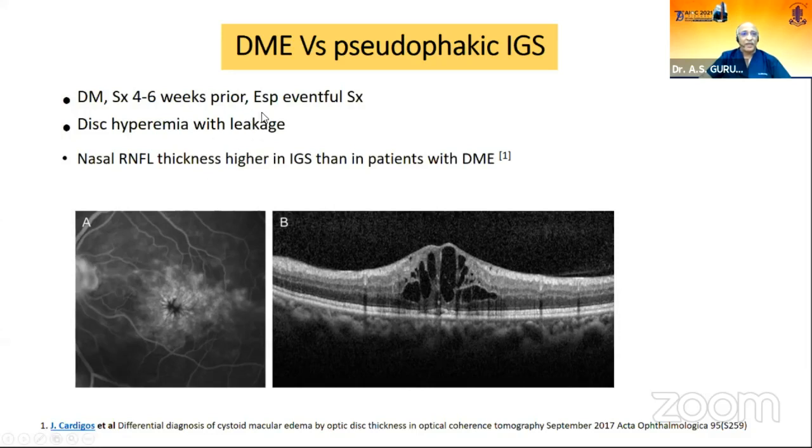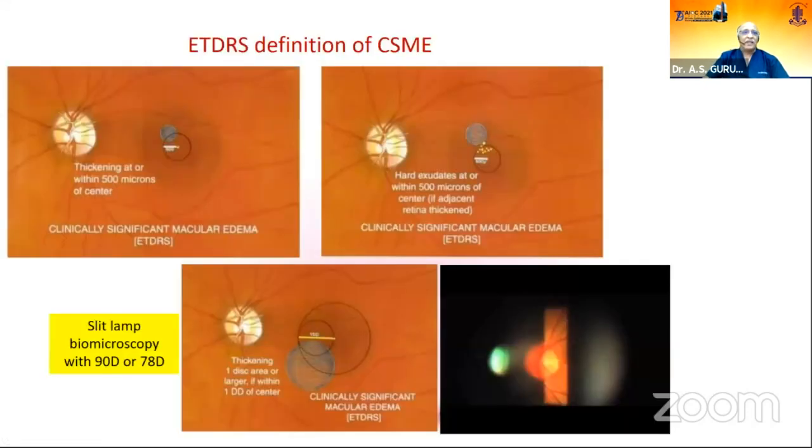And there are several points to distinguish between the two. Coming to diabetic macular edema per se, the ETDRS definition of DME, I think everyone is familiar with in this hall, and I don't think I have to go into the details. It just quantifies, or tells us about, the location of the macular edema and the hard exudates.